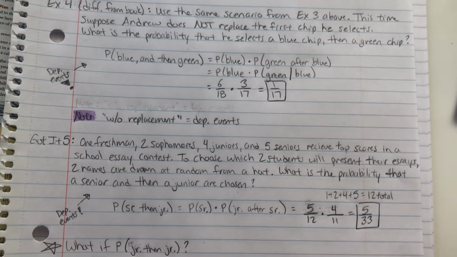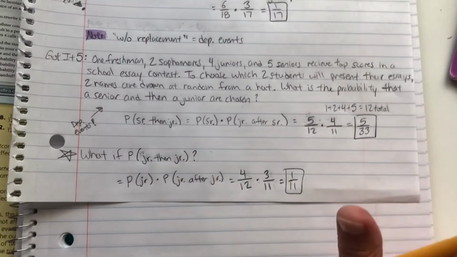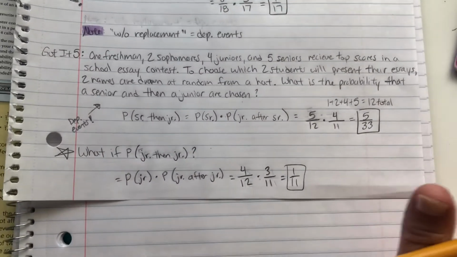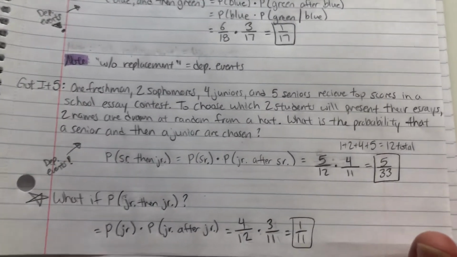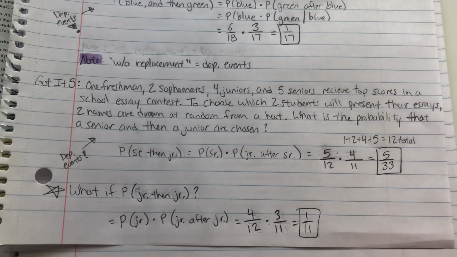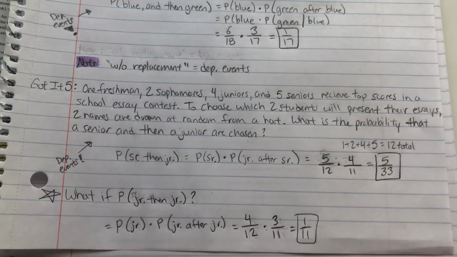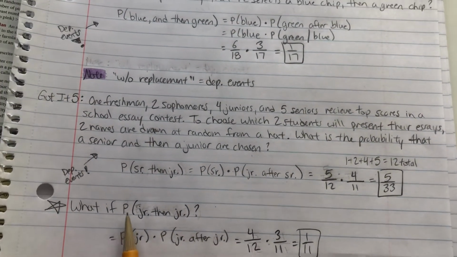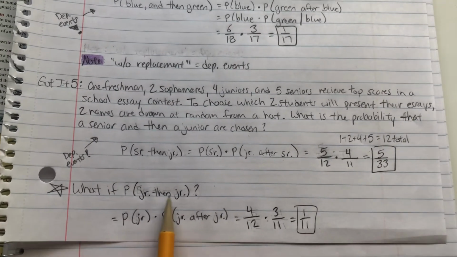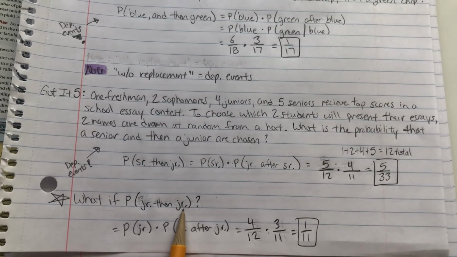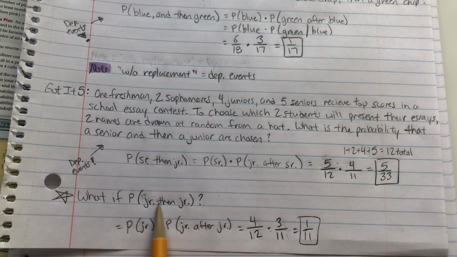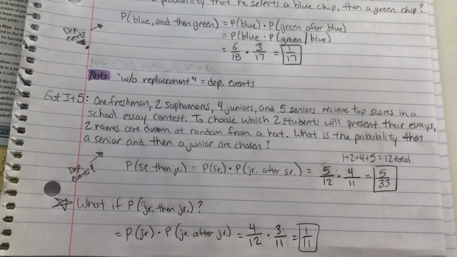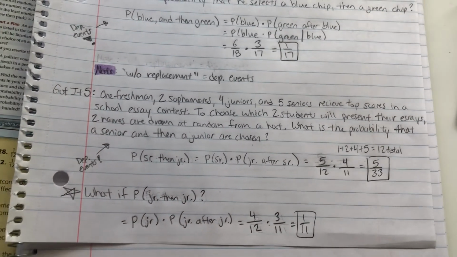Okay. The only way this really gets any trickier is where dependent events would affect your numerator and your denominator. So that's why I added this last piece. What if we want to find the probability of picking a junior and then another junior? Or it might just be phrased as picking 2 juniors, which would imply we picked a junior without replacement,